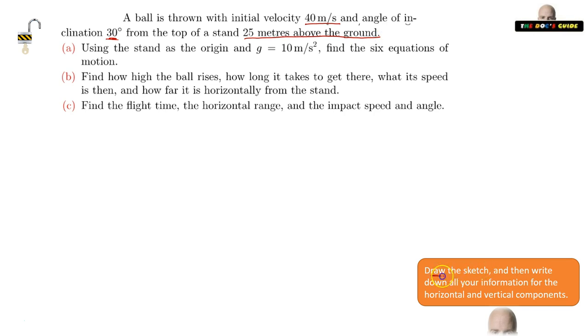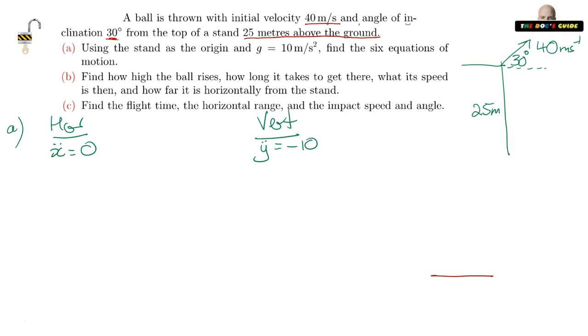So the first thing we need to do is draw a sketch, so we can get a reasonable idea of what's going on physically, and then write down all our information for the vertical and horizontal components. So our sketch will look like this. So there's our stand 25 meters high. We'll take this point as the reference point, so we'll let that be where x equals 0 and y equals 0. The angle of inclination is 30 degrees, and the projectile launch velocity is 40 meters per second at 30